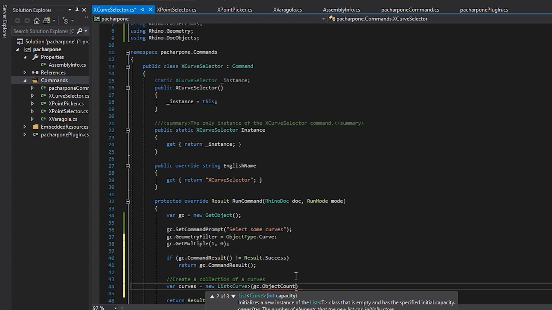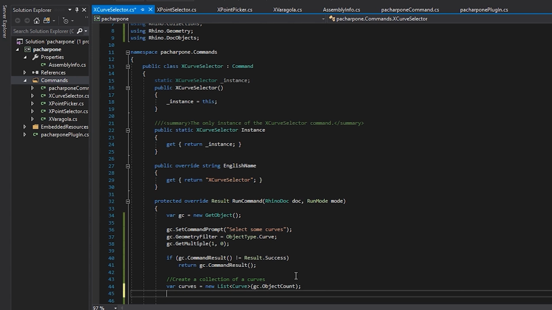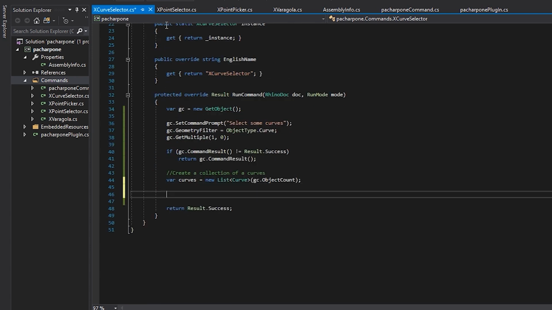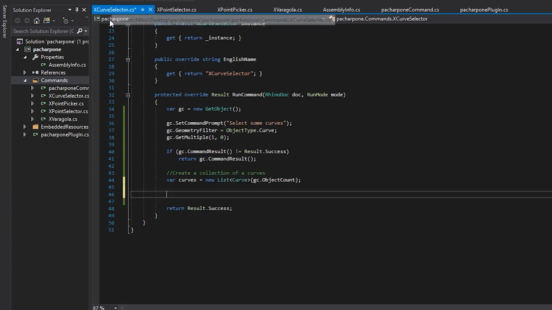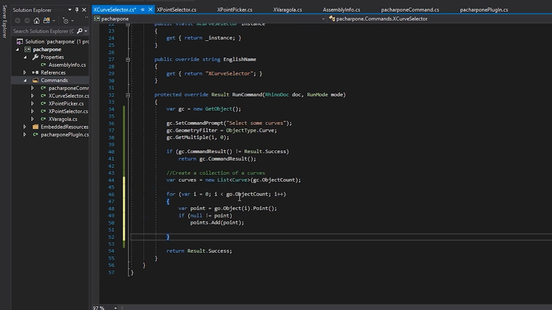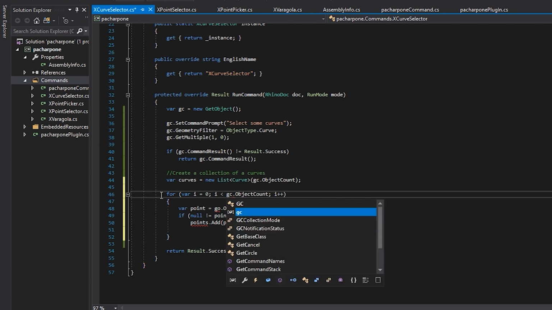I will initialize its size like this. Now, as we did before, we will enter the loop. Let's go to our point selector and simply copy this loop and see what will change here. Well, first of all, our object is not GO anymore, now it's GC, but we will go through all of